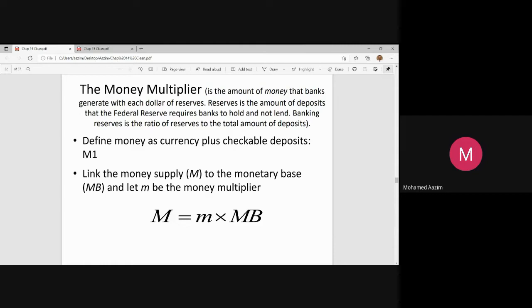Okay. So then to further move on and elaborate a few details, you know what the monetary base is. We have defined the monetary base very clearly as C plus R, currency in circulation plus reserves. That is the monetary base. Okay. But now we are just moving ahead. Please now note,